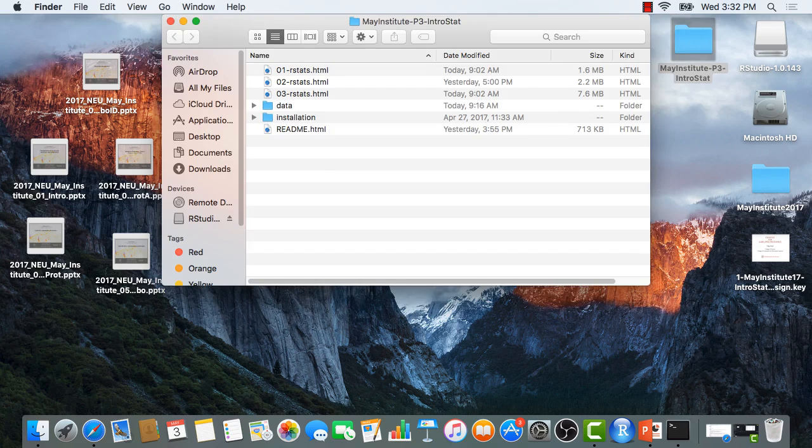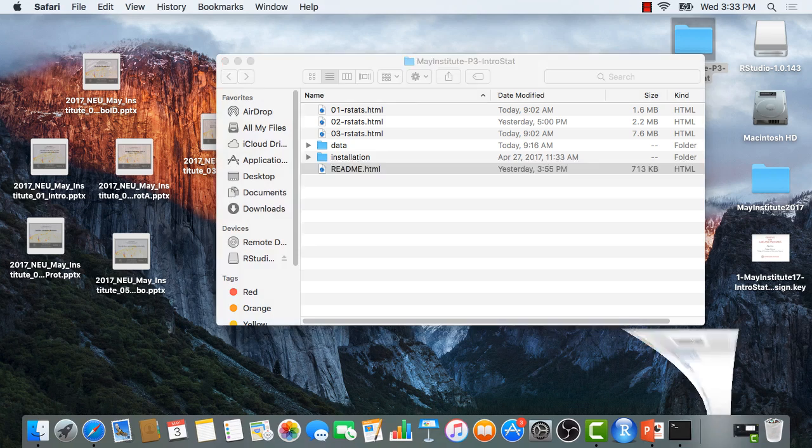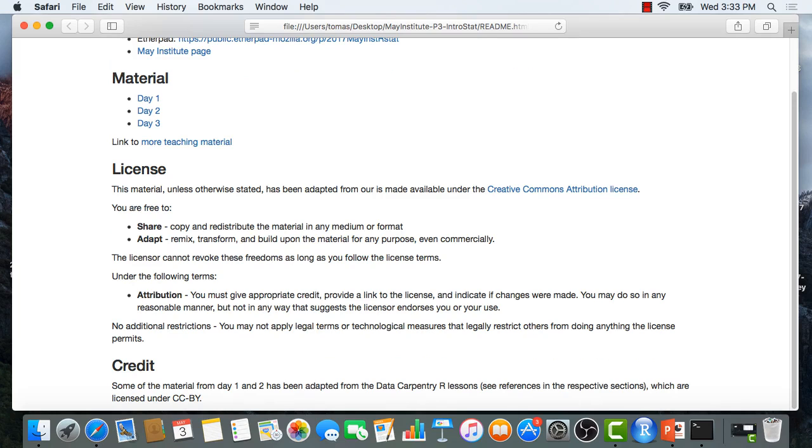Here is the content of this USB drive. We have 3 HTML files that contain the material for day 1, day 2, day 3. We have this readme.html file that I'm going to show in a minute. A directory here, installation. These are the instructions that you got by email a week or so ago, and some data that we'll be using throughout the days. So I'm going to start by double-clicking on this readme.html